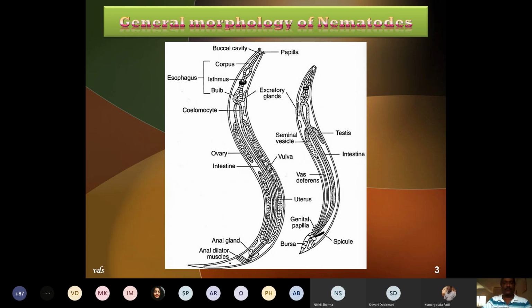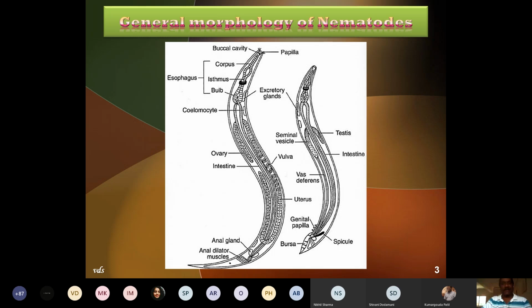Now, at the same time, observe the alimentary canal of these two parasites. As I've told you, it has the mouth as well as the anus. The mouth is situated at the anterior end in the form of a tubular structure. But in some other parasites, there are certain special structures which we are going to see in detail with the respective parasite. Now, this mouth runs through the pharynx, esophagus, and ultimately bifurcates into the intestine.